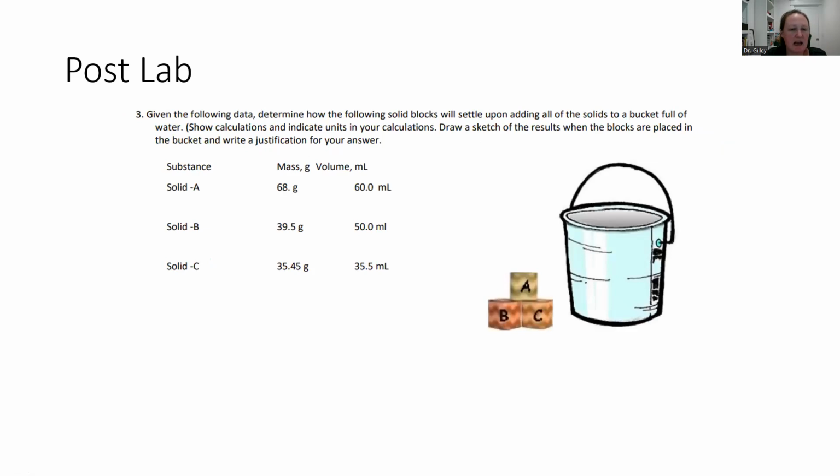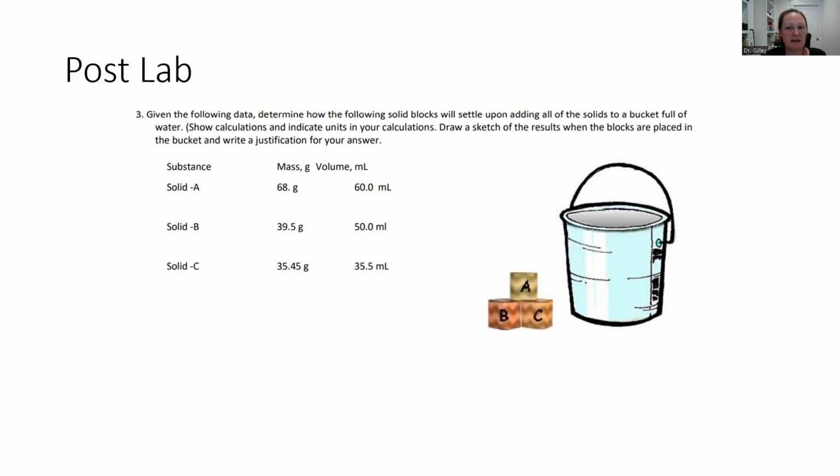And then it asks you to do some more calculating of density. So we have masses here. Notice the different precision. This has no places after the decimal. This was measured to the 10th place and the 100th place for solid C. And then the volume for each cube. So you're going to calculate the density, and then you're going to draw this pail, maybe down here, and